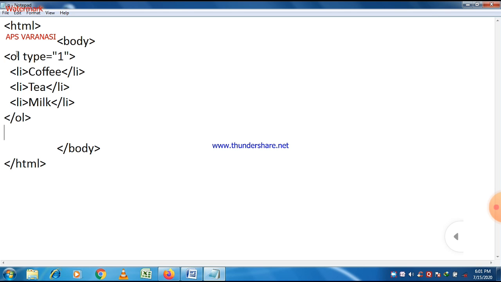And you can easily see that we use the OL tag here and OL type 1. So by default it always starts from a number. So basically our program's output remains the same, because if we don't give this, by default it counts from 1.